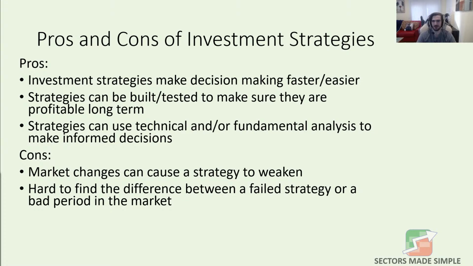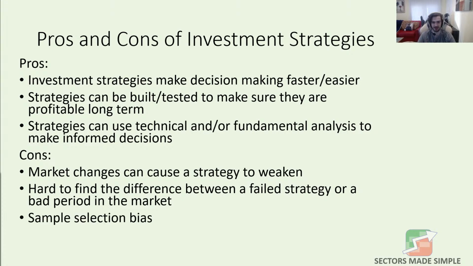And that's one of the challenges: you get very comfortable with the investment strategy that you use. That's why we like them. They're easy. They take the thinking out of it, and they think for us. But that thinking never changes. The market does. So at a certain point, that strategy may turn back into a pumpkin, and you're not going to get anywhere with a pumpkin. We need a carriage. So it's hard to know, did we just hit a bump in the road, or has our carriage turned back into a pumpkin?